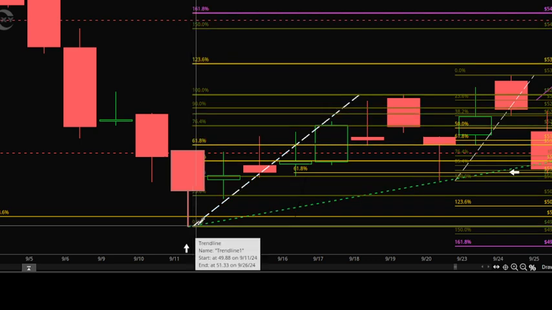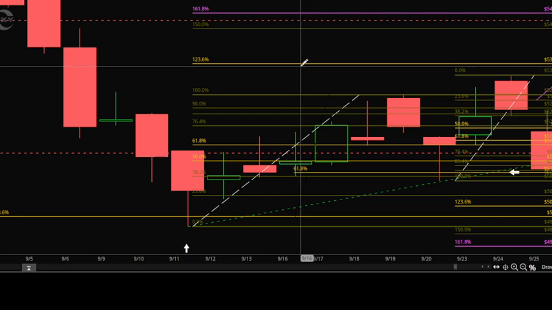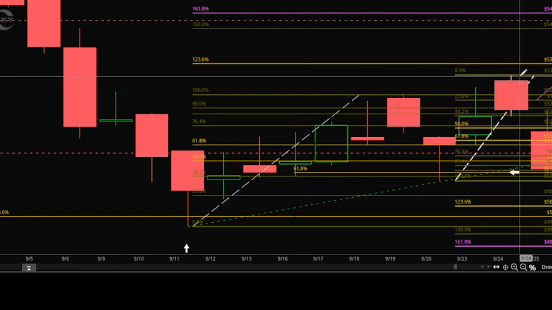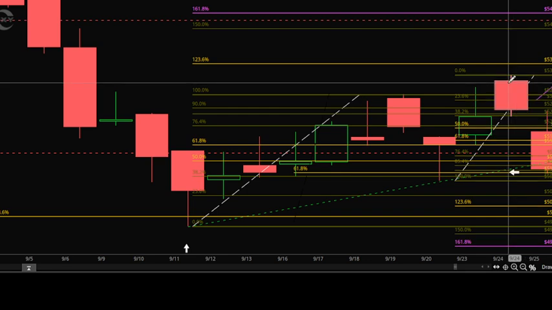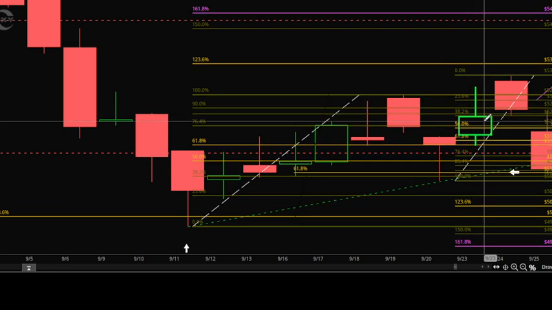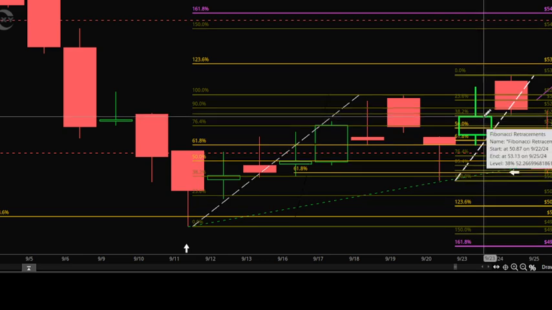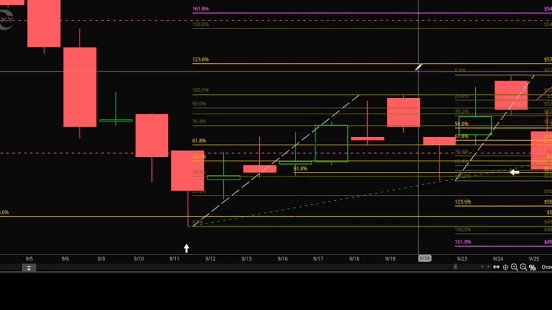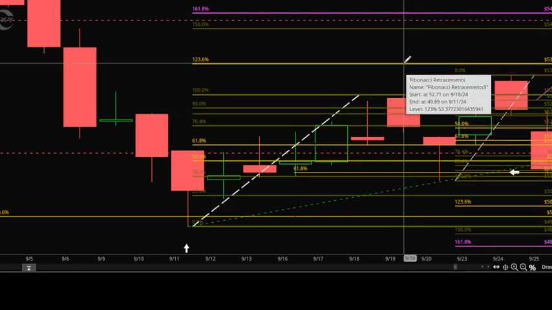This one would have been a tough one. I think I would have lost on this one. I was aiming for the 123.6 on this one, but it didn't reach it, okay? And I think I would have had my stop loss probably on the close of this candlestick right here. So, anyways, can't win them all. But I didn't play that one anyway, so